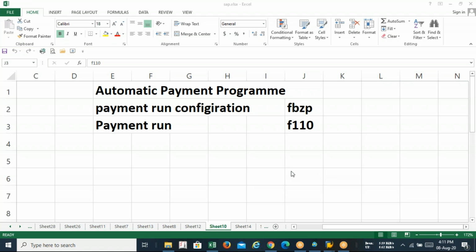Because in the accounts payable submodule, we have seen how to create a purchase order, how to generate a requisition, how to post goods received, how to post invoice received, with service, with goods, everything, and make the payment. And this is one of the options for the payment, and that is the automatic one, the automatic payment program. So Richard and Rajesh, you people used to ask me, sir, in how many days are we going to finish the automatic payment, finish the accounts payable?